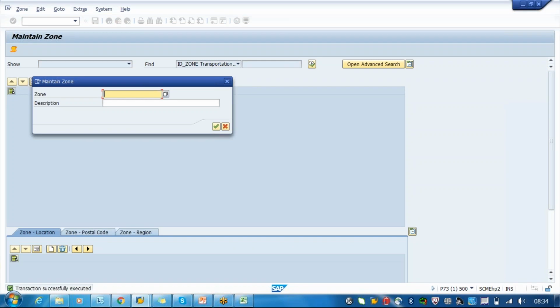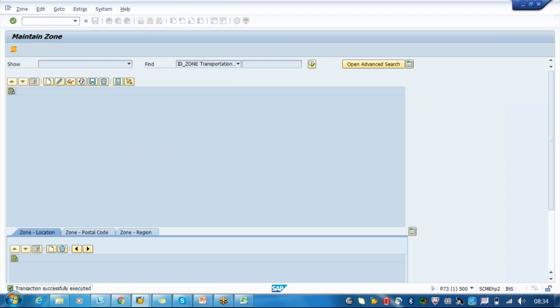That means at the time when you are planning for the material, whatever location is falling under the zone, you can plan from location to location, or location to zone, or zone to location, or zone to zone. Okay, I will call it a TM zone. Again, are these transportation zones replicated from ECC, or do we need to create them? No, these will not be replicated, it's manual data we have to create.